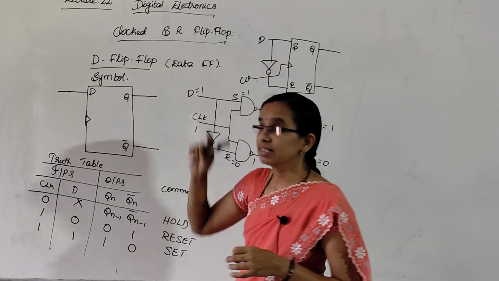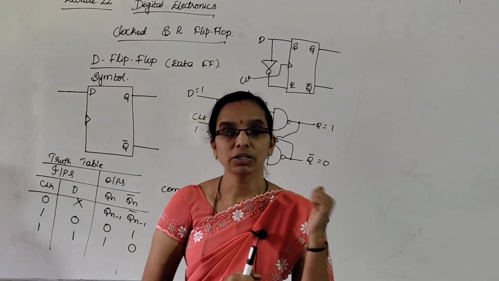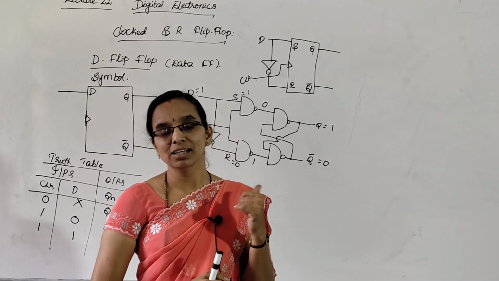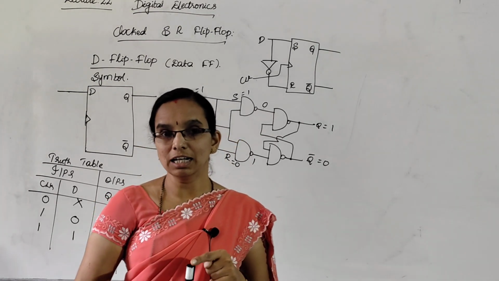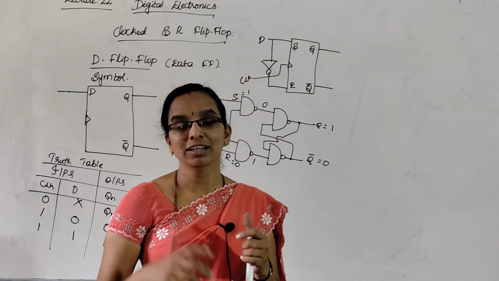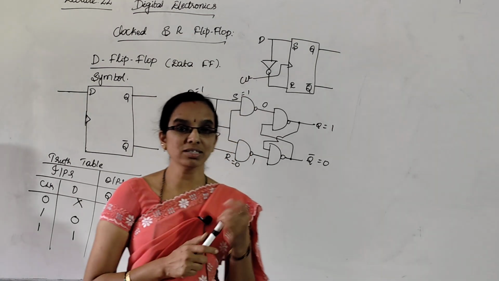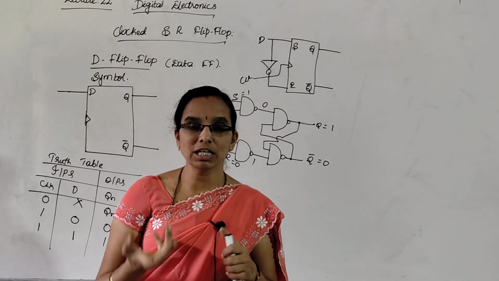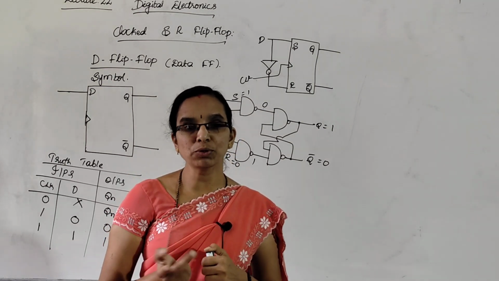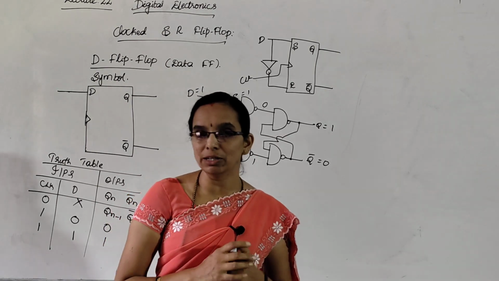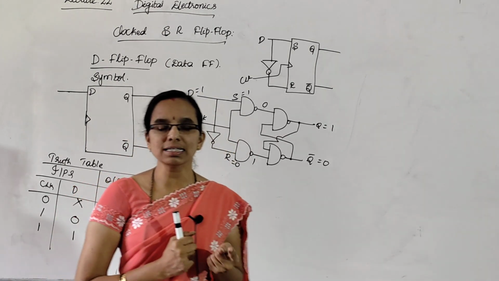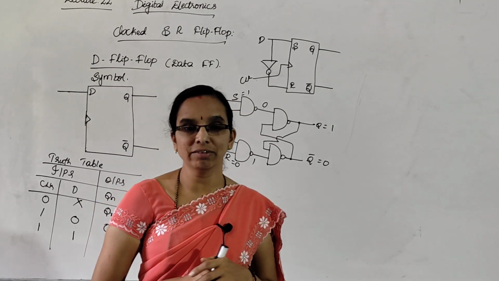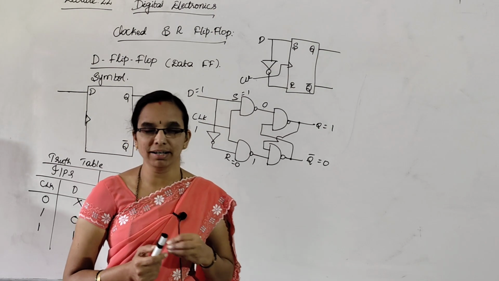So that state can be removed using the D flip flop, but the disadvantage is, along with the S is equal to R is equal to 1 condition removed, there is one more state removed, that is the hold state, S is equal to R is equal to 0. Both the inputs S and R cannot take the similar value in a D flip flop, so the hold state is also removed along with the invalid state. That is one of the disadvantages. So we want that memory state, right.